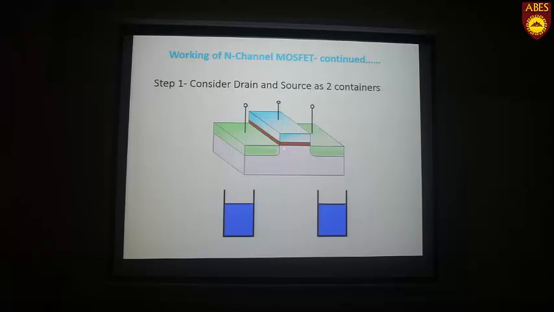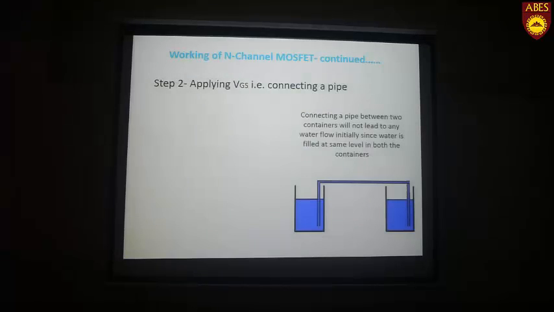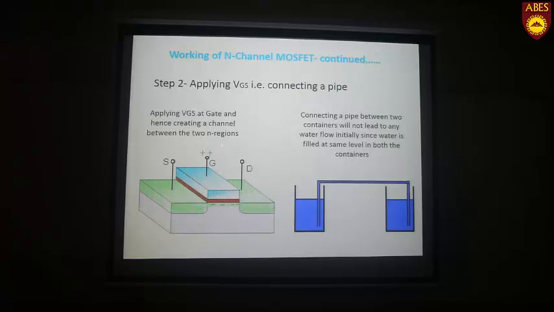So a negative layer is created in between the two, which works similar to the pipe in between the two. Let's see the second case: we are connecting these two beakers with a pipe, right? The same is the effect in this gate. We are applying a positive potential at the gate, so a negative charge is accumulating from the P substrate, minority carriers are coming to this region, and hence an N region is created in between. That means a channel is created. Similar to the pipe, there is a channel in between the two regions. There is a connection now.